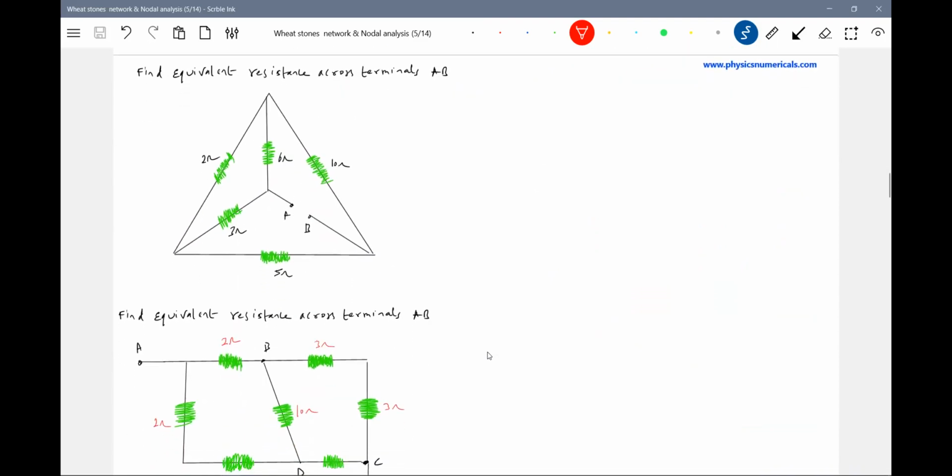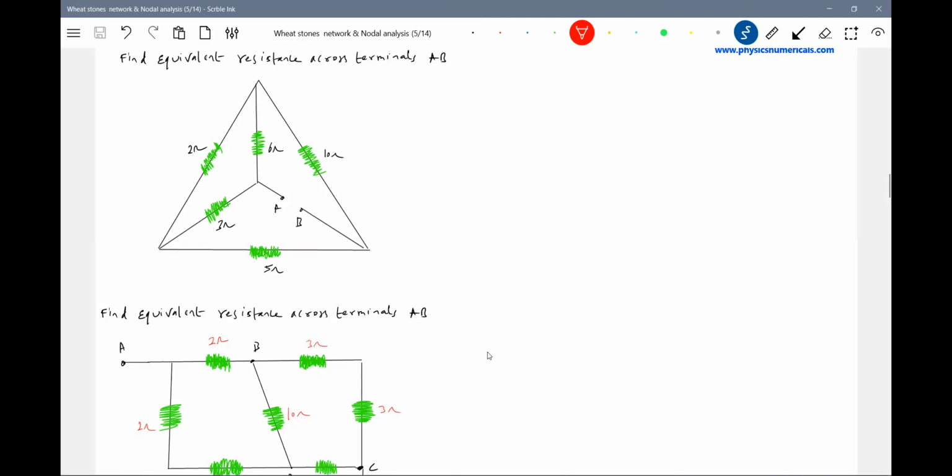Now again he's asking, there are 5 resistors. Find the equivalent resistance across terminals AB. What we do is we'll just give the numbers. This will be C. This will be D. Let me give names. I think this point will be A only. So let me redraw that circuit. This is C. Only redrawing will help us a lot. Between C and D, there is a 2 ohm resistance. Let me bring that point A here and the point B here. Between A and C, a 6 ohm resistor is there.